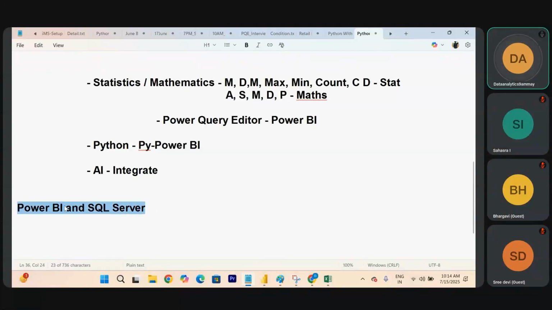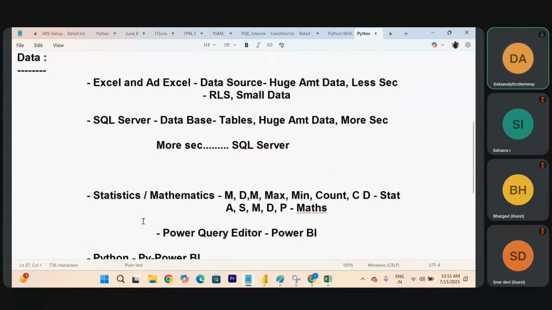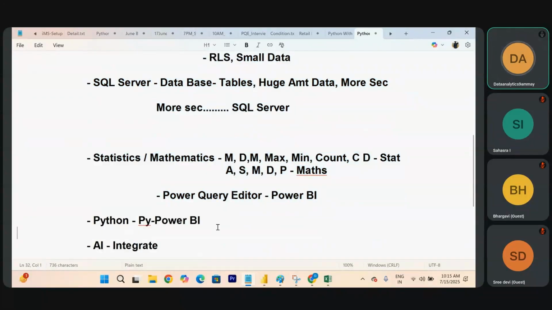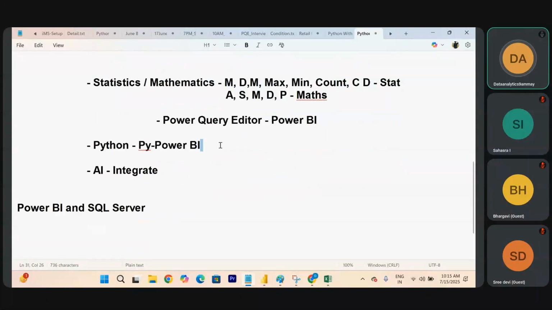80% of your interview questions come from Power BI, and 20% come from SQL. Your project is the same: you are going to complete it with SQL and Power BI only. Whatever additional things there are help you get your resume shortlisted. And one more thing, you are not going to lose the opportunity if anybody requires Power BI plus Python.